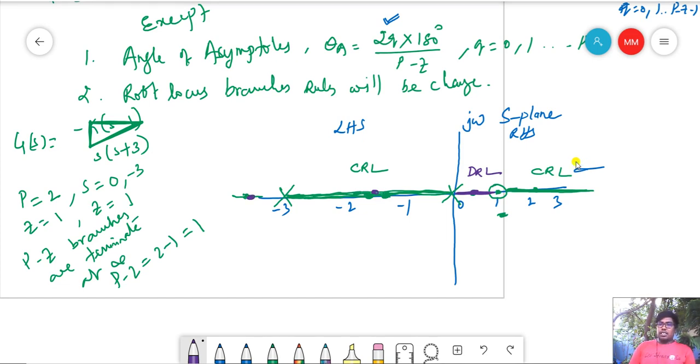Keep another point here. See, the right side should be odd number. So there is an odd number 3, 2 poles and 1 zero. So whatever the point I kept, it lies in the root locus. This is the thick line I am drawing here, only a single line. So this is direct root locus. Now this is the difference between complementary root locus and direct root locus. I will again give the information. See, complementary root locus we discuss with even multiples of 180 degrees, right? And in the direct case, odd multiples simply. Okay. This is the way of locating poles and zeros in the S-plane.